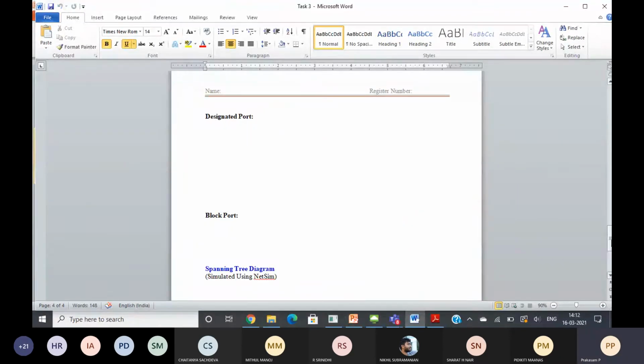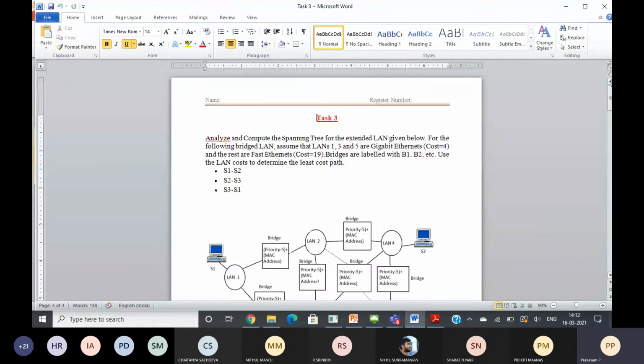Before that we will see the respective document. Analyze and compute the spanning tree of the extended LAN given below. For the following bridge LAN, assume that LAN 1, 3, 5 gigabit Ethernet cost is 4. As per NetSim, in NetSim there are only two costs, either 4 or 19.